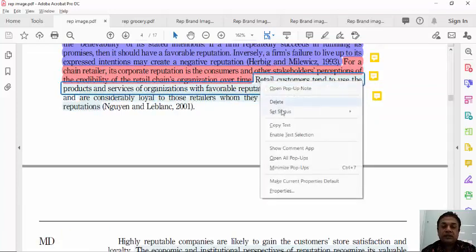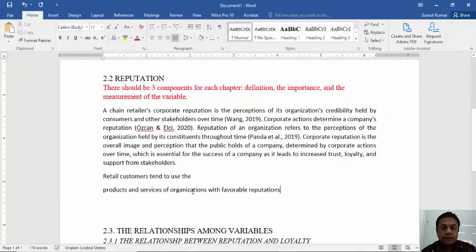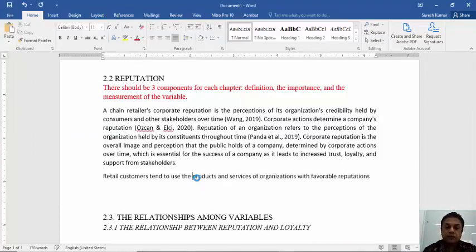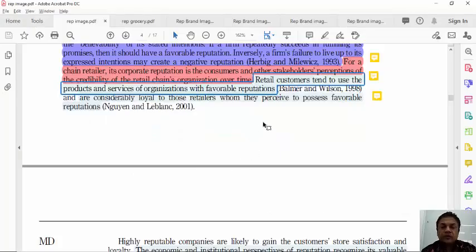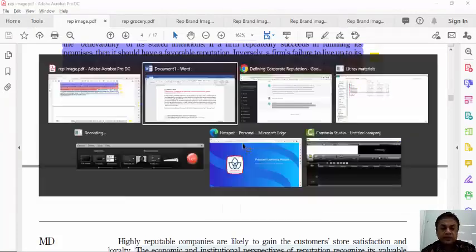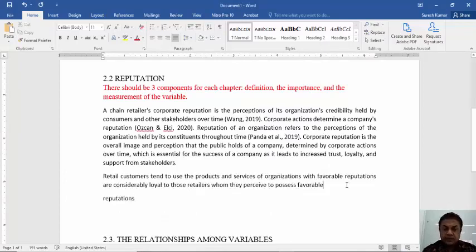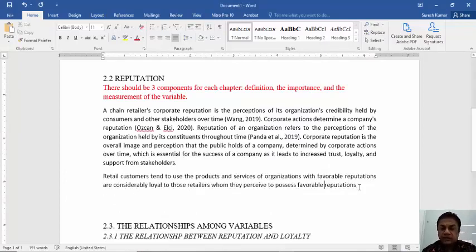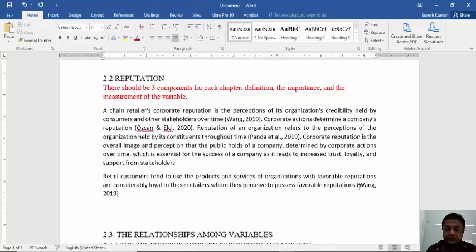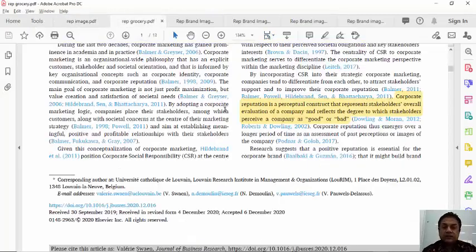So just copy this, copy text, and move it here. With favorable and copy text. Okay, so this one is a mix from Wang as well, so I'll just write down Wang here. So this is the first. Second,